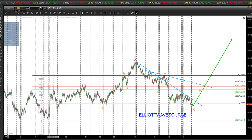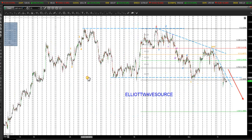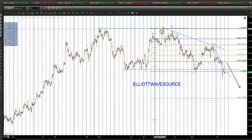Shift gears over to the pound, another pair we touched on earlier in the week, and we covered it last week as well. Did a couple of charts and videos on it last week. Now with the pound, see that we had wave 1 completed and wave 2. Now last week we entered half of the position. We didn't get to enter the full position because it just came a tad shy of our entry limit at